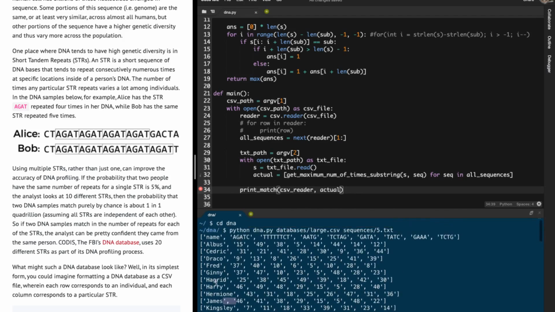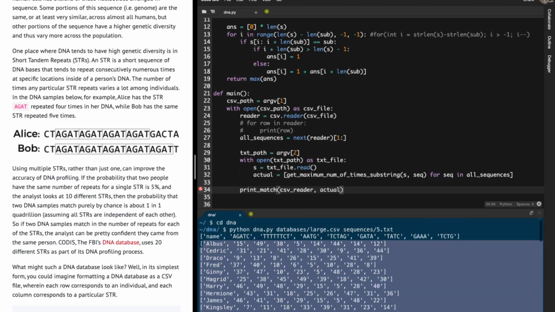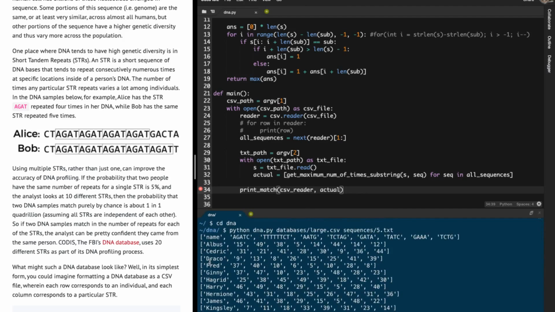I'm going to iterate over the entire CSV file and figure out the person who has the exact same number of repetitions of ATCG consecutively, TTCT, and so on. I'm going to match all these lines with the actual array. Whenever all these numbers are equal, we have figured out